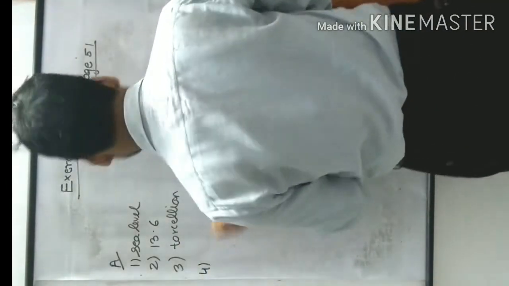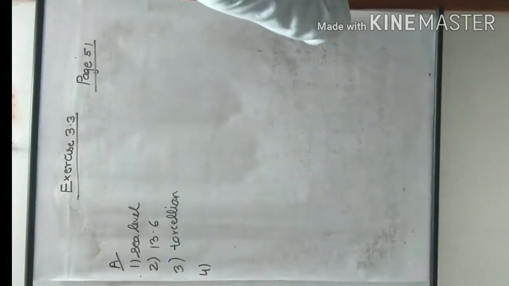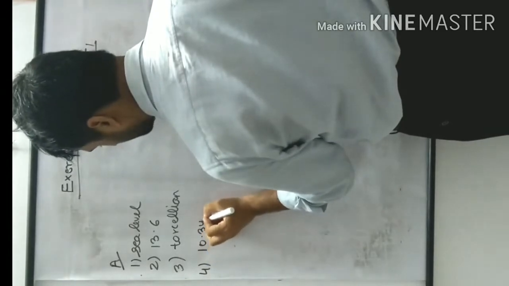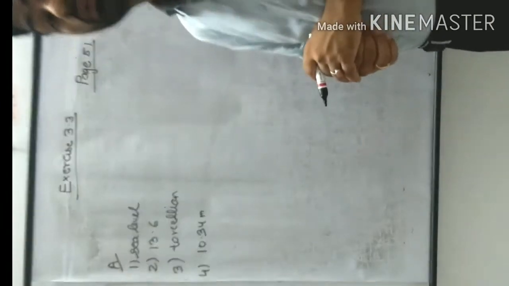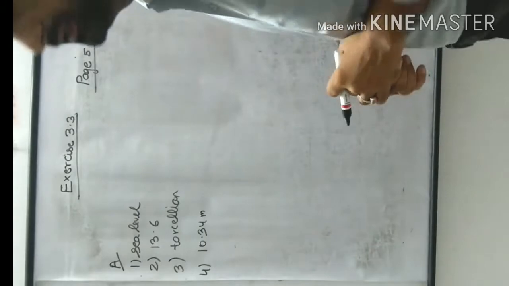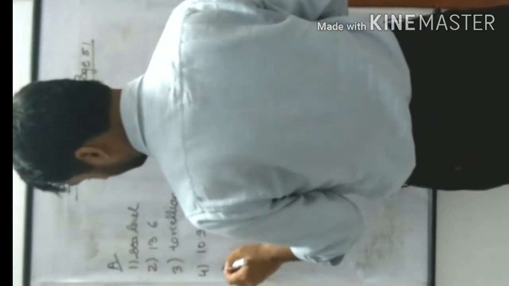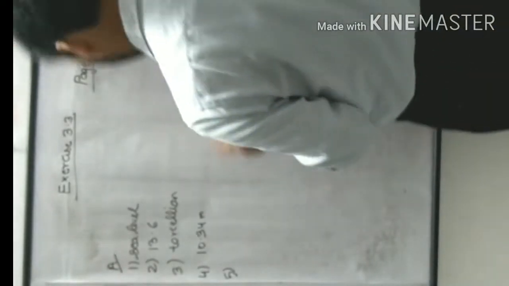Fourth part: atmospheric pressure can support how much water column? 10.34 meters. If you remember, this is the principle of working of a lift pump or common hand pump, and this is the disadvantage why we cannot use water in the simple barometer. Then, a common water pump works on the principle that atmosphere exerts pressure.